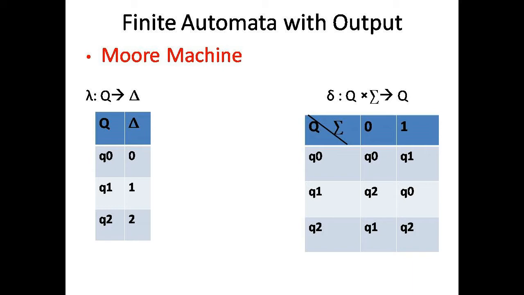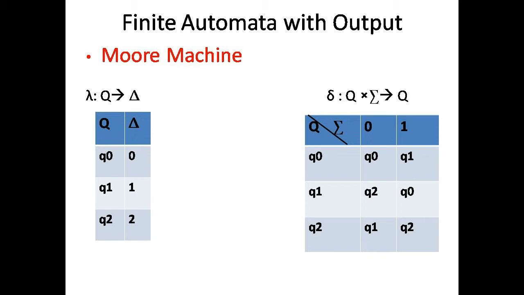In the Q1 state, if the input is 1, then the number becomes 11. The binary number 11 is nothing but the number 3. If we divide 3 by 3, the remainder is 0 and it is divisible by 3, and the machine is in the Q0 state.